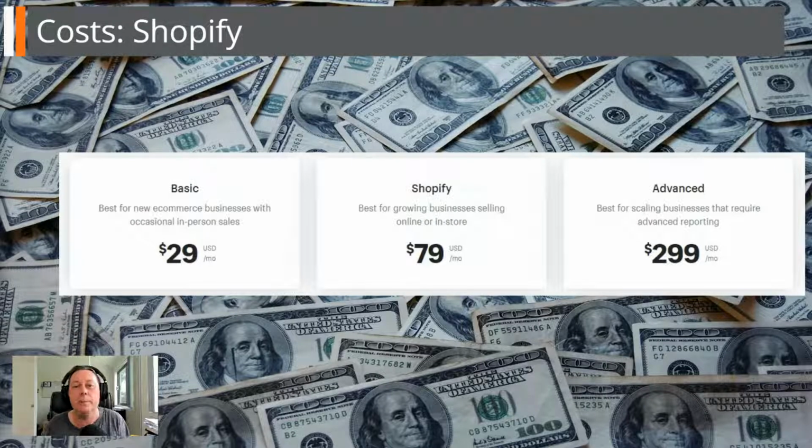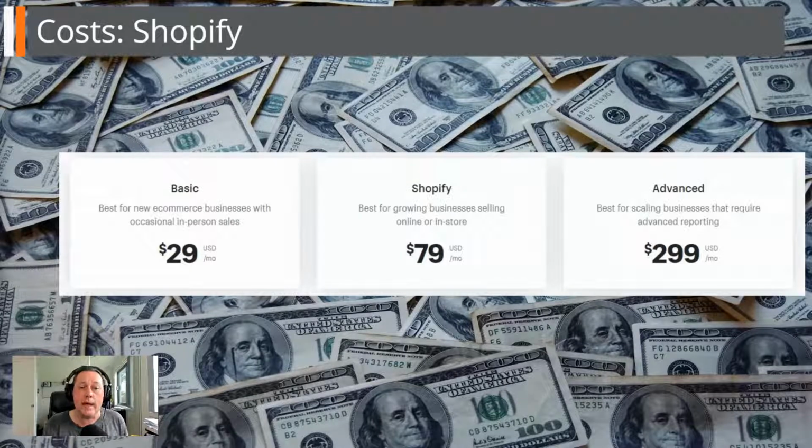The pricing model in Shopify is a bit simpler than WooCommerce because it's a complete hosted solution. So there's no free plan. However, they do offer a 14-day free trial period, which gives you access to all the features in the top plan. And after those 14 days, you can choose whatever plan you want to downgrade to or keep the top plan. You can compare the features of the different plans from the Shopify homepage. I'm not going to go into them here, so you can see which is best for you with all these different features.